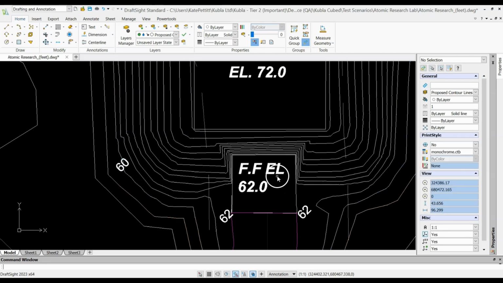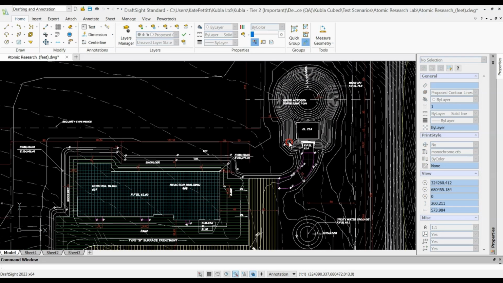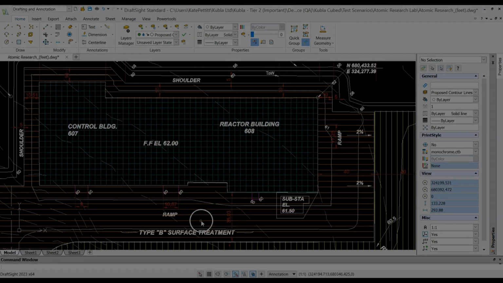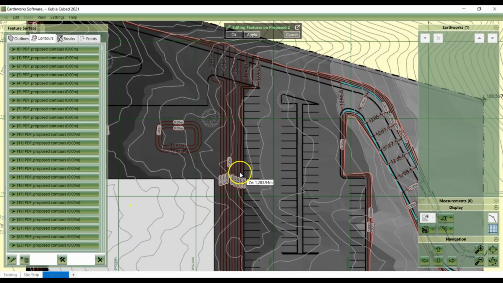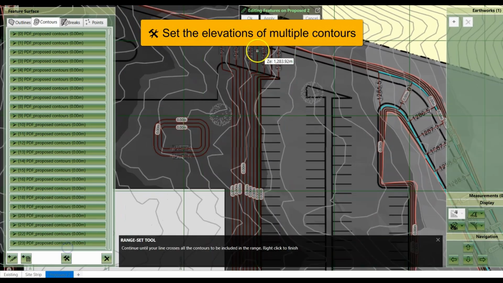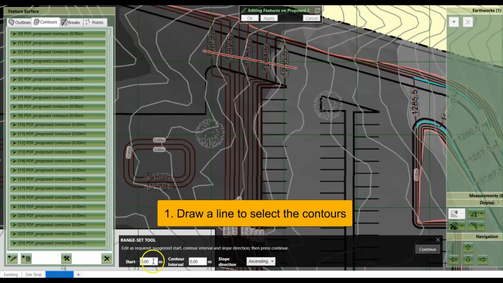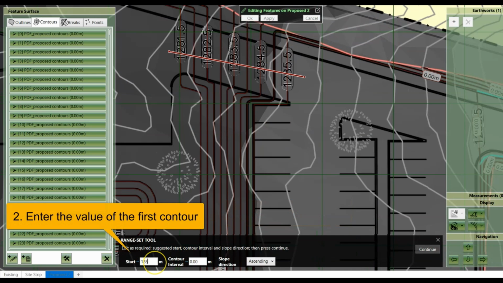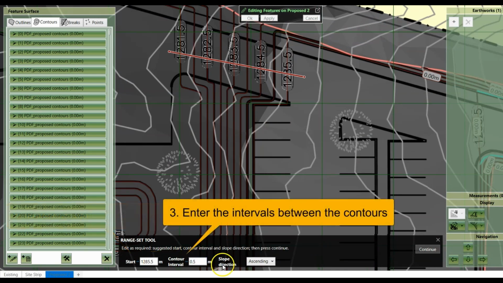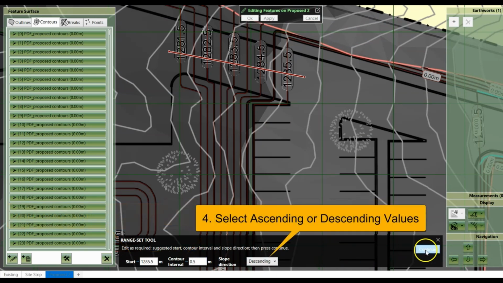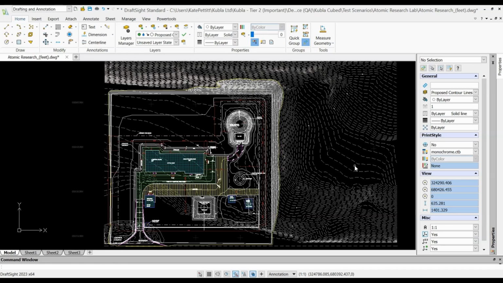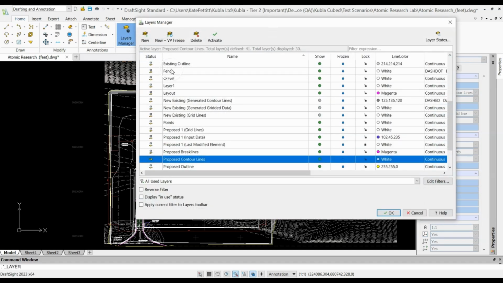We also have these hatched areas for the adjustments from finish level to subgrade level. Don't worry if you have any contours that are missing elevations, you can add those either in your CAD file or in Kubla Cube. We have the wonderful Set Multiple Elevations tool to make that more efficient. Okay, so ensure also that the layers are organised with existing contours on one layer and proposed contours on another layer. The proper setup of your file just makes the import process much smoother.